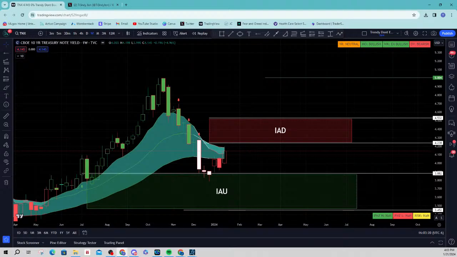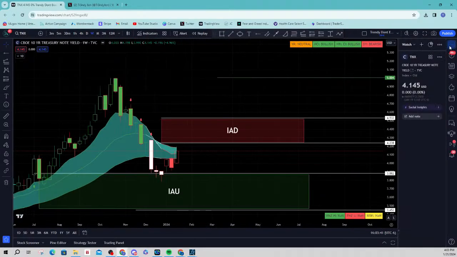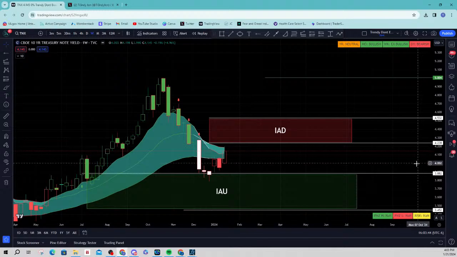I believe this is the range into the first quarter. I've been saying that for a while now. And anything over 4.8 is room for worry. Until then, I expect some volatility in the market. Update. We got the bounce as expected right out of the inside and out formation. I've been talking about this with you guys for quite some time. So again, the TNX started to bounce up here. You guys can see we ended the session at 4.14.